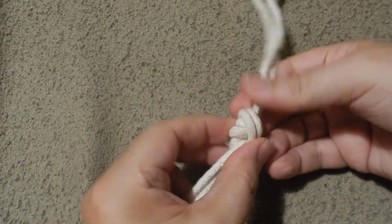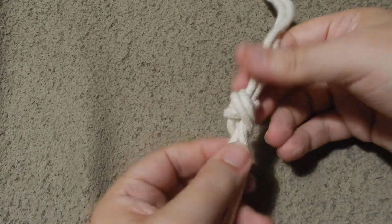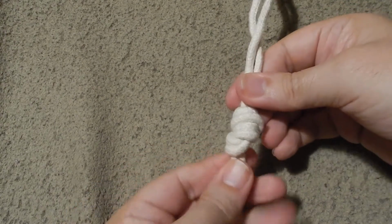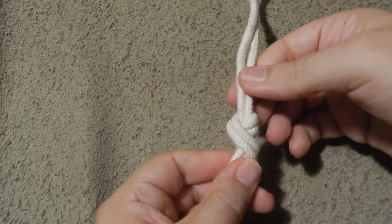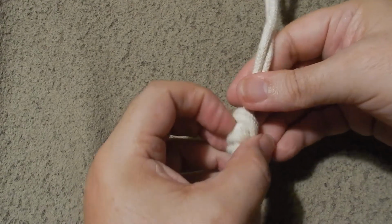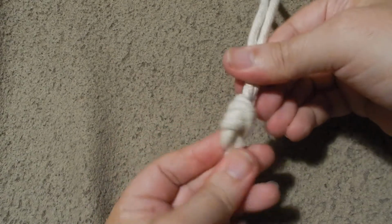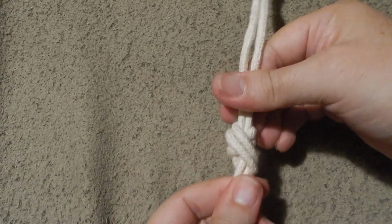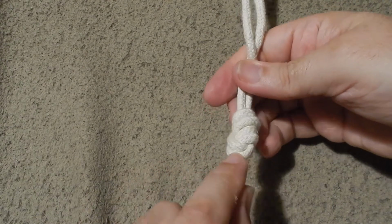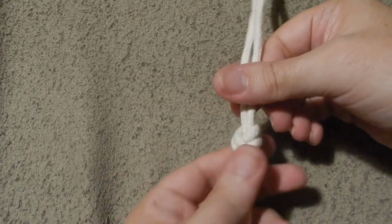Alright, let's find it out. And here we have it. Yes, it's the same knot, okay. I had success in making it. The only thing that I am missing is the crossings. So this one is still crossed. You see it here, it is crossed, but I'm not going to uncross it because